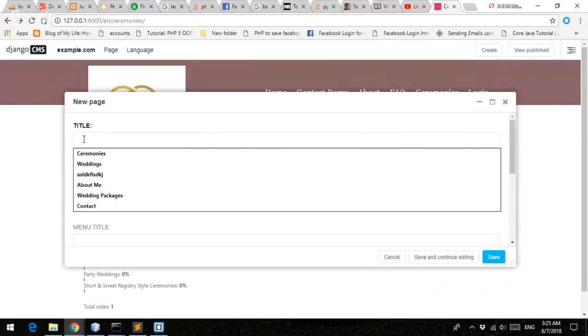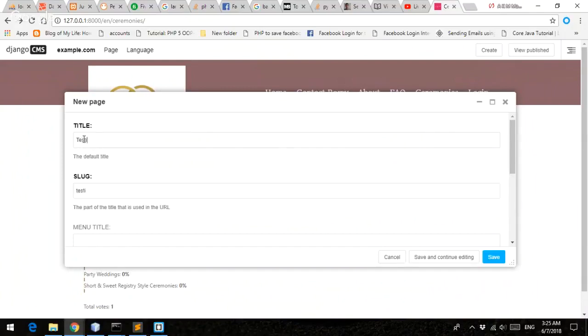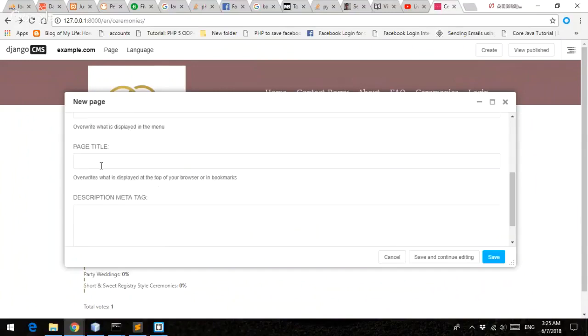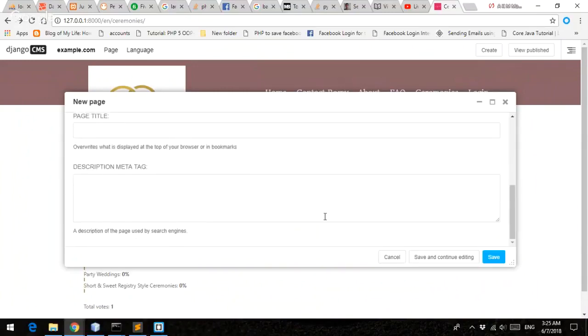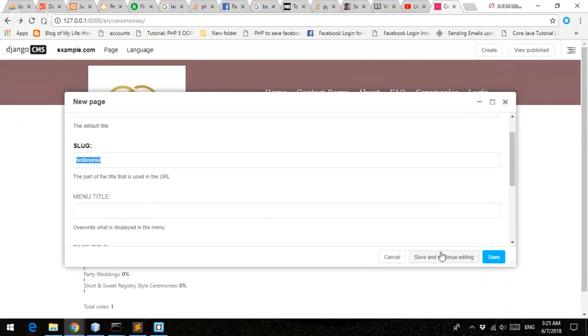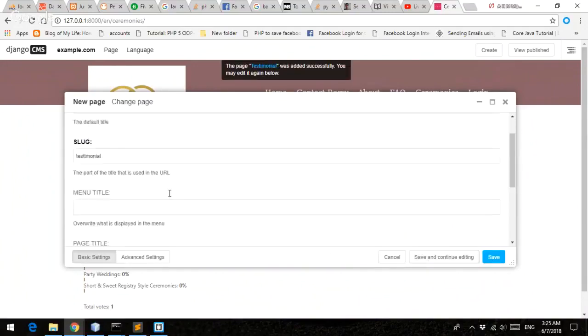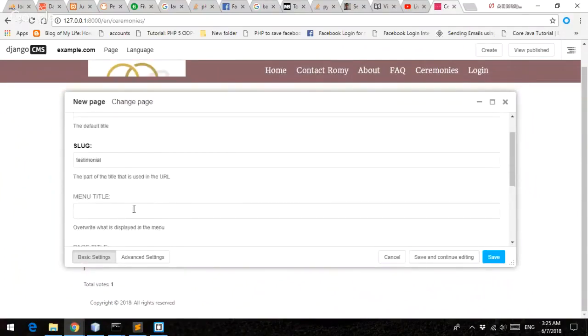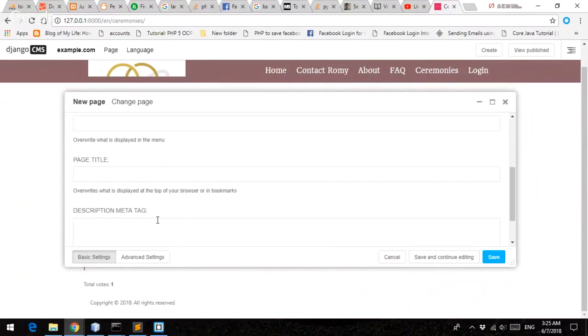If I want to create something like that, then save and continue editing. If I want to use any menu, that has to be saved,